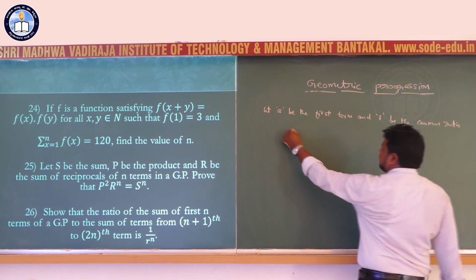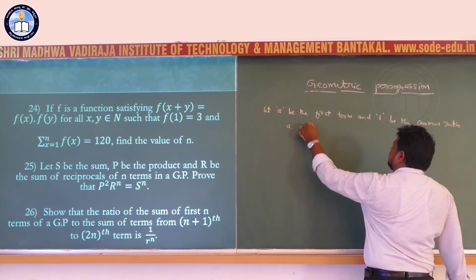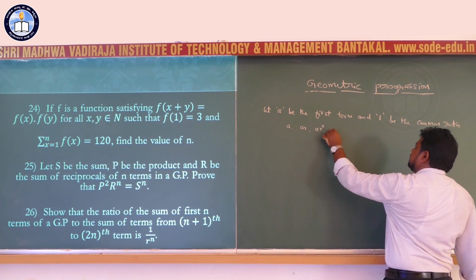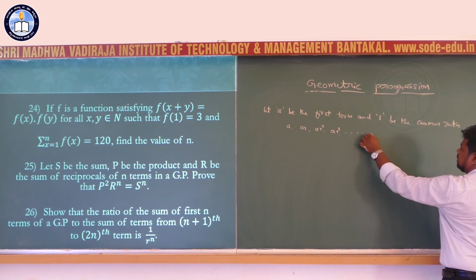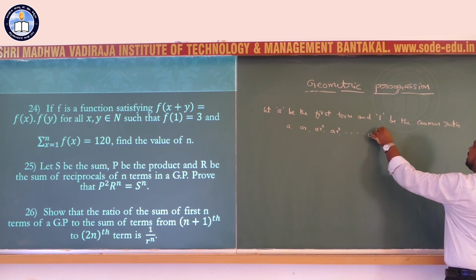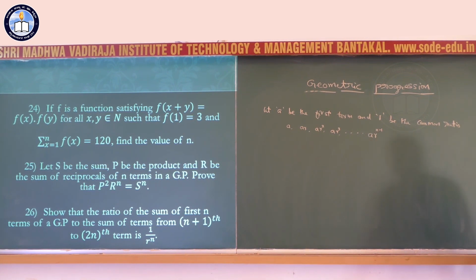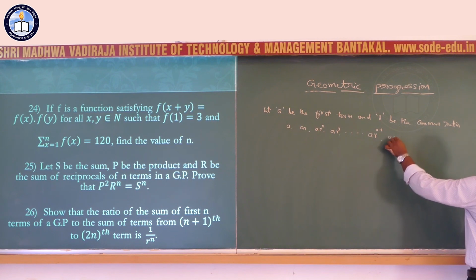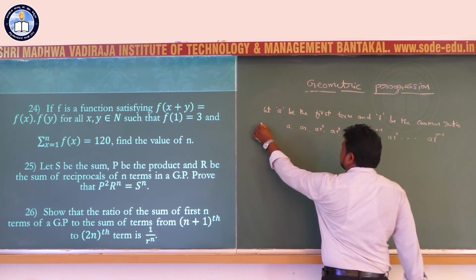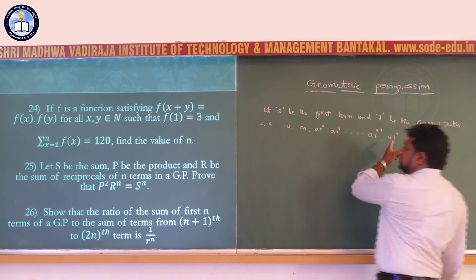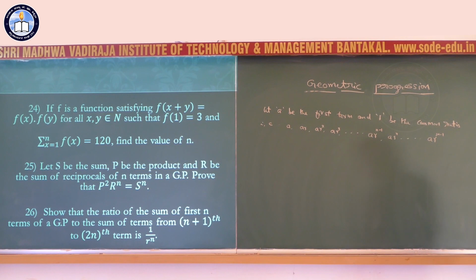Therefore, the geometric progression is a, ar, ar square, ar cube, like that, ar power n minus 1, it is the nth term, then ar power n, up to here the 2nth term, therefore a into r power 2n minus 1. This is the geometric progression. Given